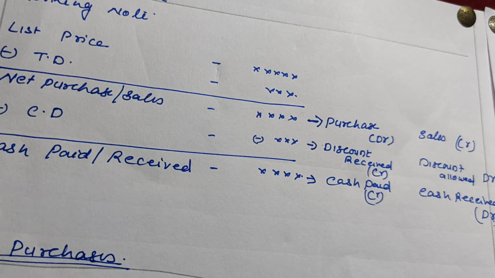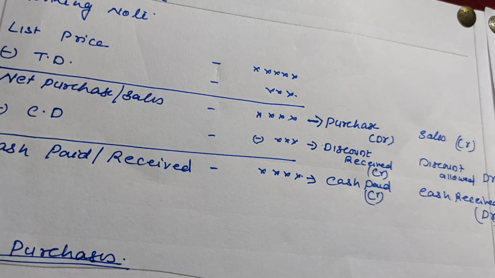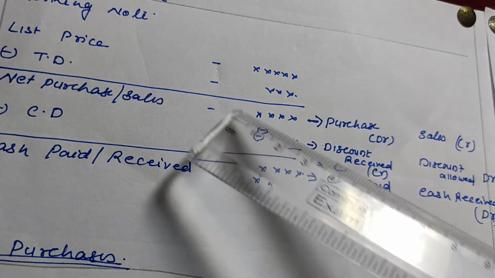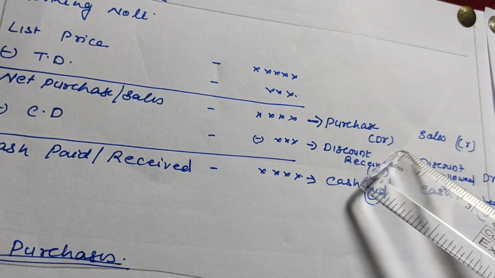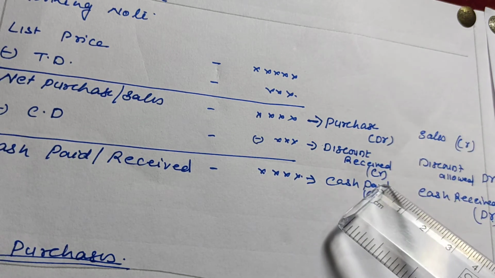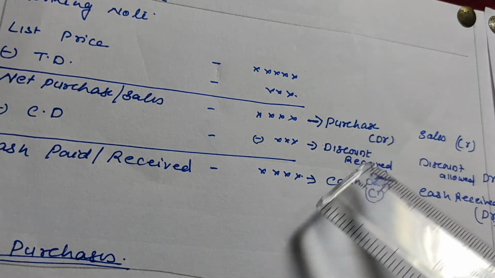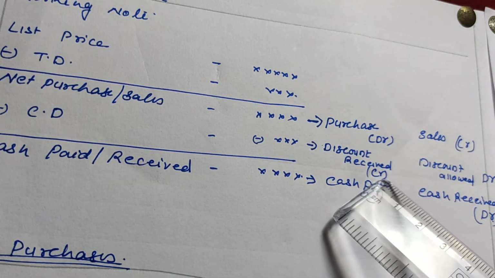Now here we can see that three accounts are affected. Okay, one will be purchase or sale, other is discount, next is cash. So how to do the journal entry if it is purchase and cash discount is given? First is that here if purchase is given, this will be your net purchase amount. Purchases is debited. Purchases is always debited. Okay, now when we are purchasing the goods, we receive the discount, and that is the income to the firm.